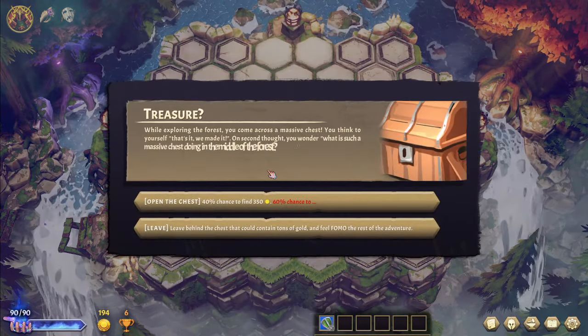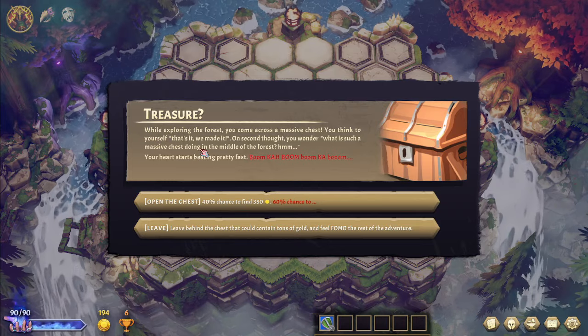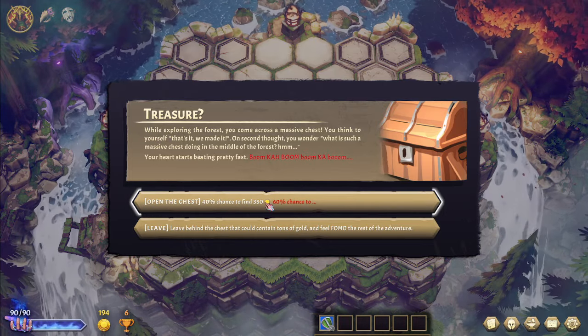Alright, now let's go to the event. So these are entirely random. Again, it's cave-ins, dig for things, risk-reward mechanic, etc. I don't want to...